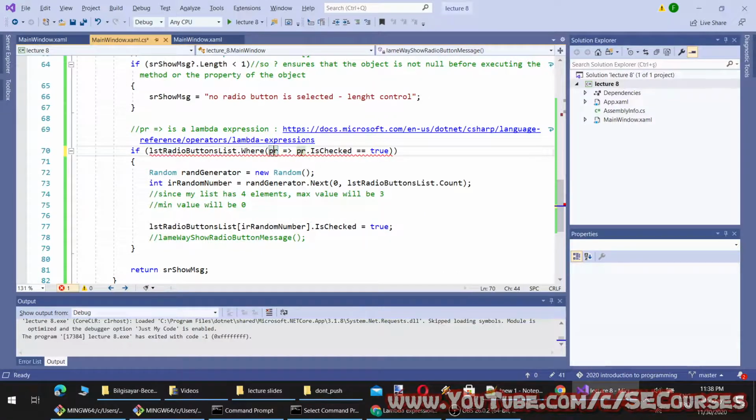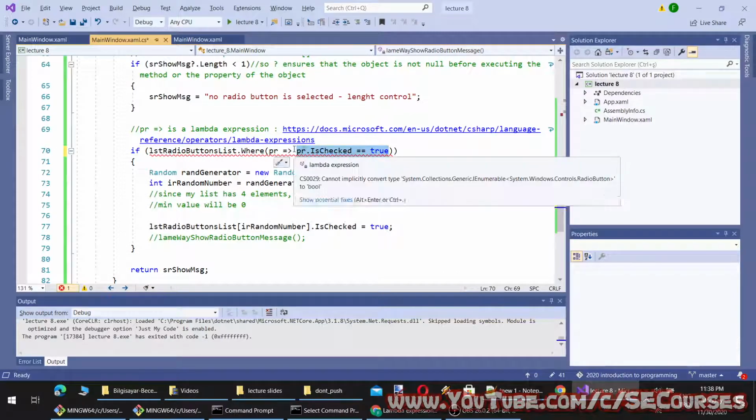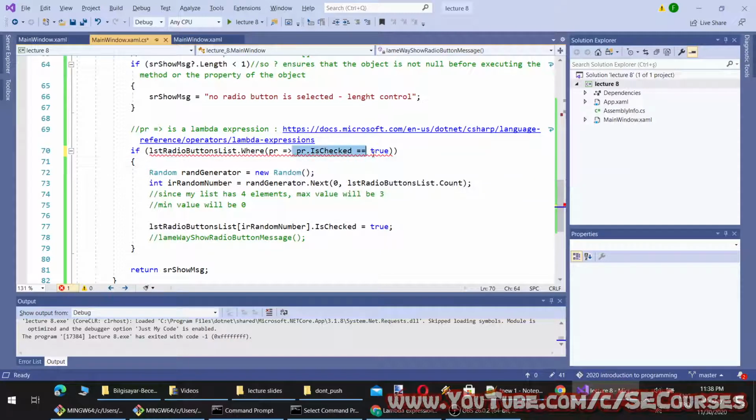This means that on the right side of the lambda expression it will check each one of them. Okay, and if they are true, I will get them to an array like this, and I will get the length of the array, and if it is equal to 0, that means that none of the radio buttons is selected.